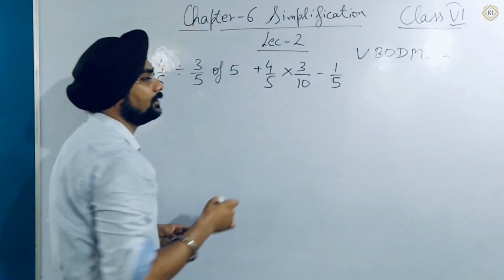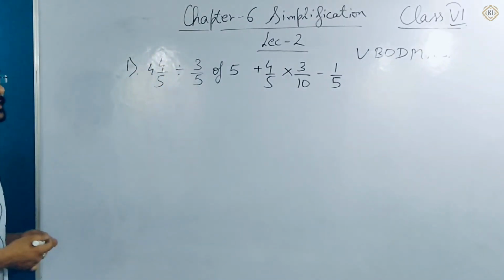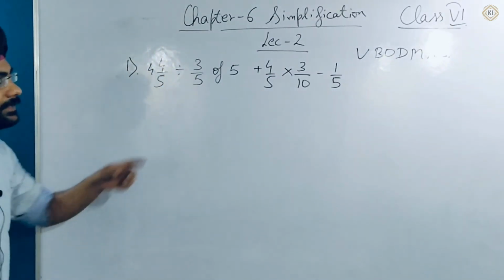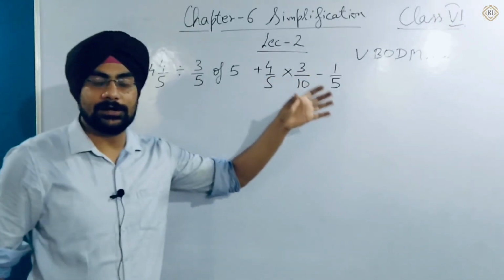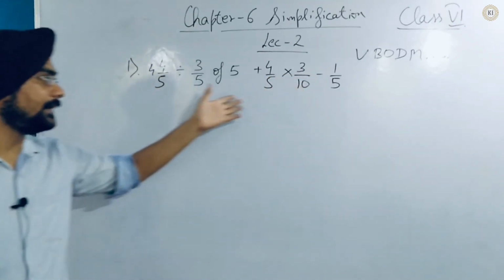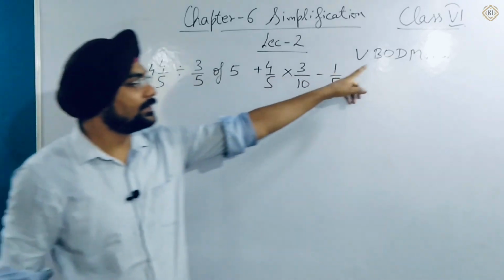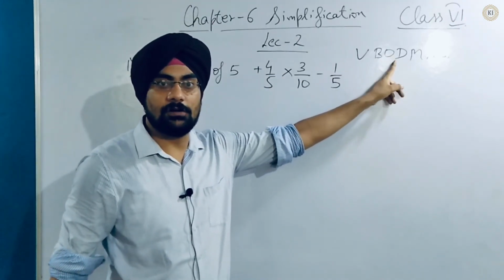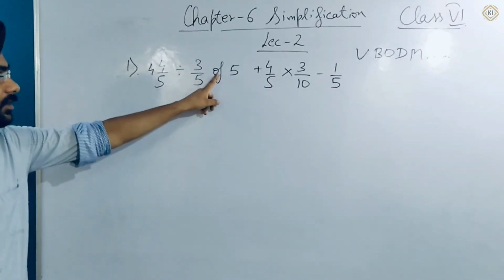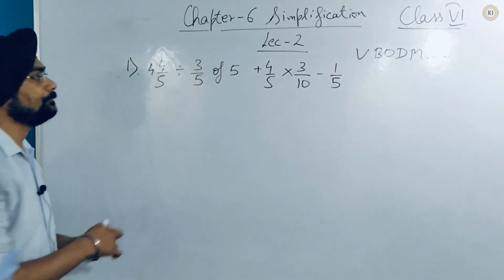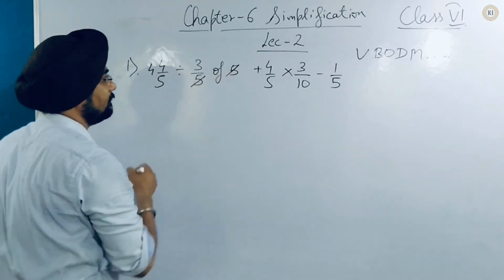First of all we will solve Vinculum, but we will find that there is no Vinculum. Second, we are going to solve the brackets according to the order, but here we find that there are no brackets. Now we come to O. O stands for of. We are finding there is one of. Of means multiply. So 5 1s are 5, 5 1s are 5.